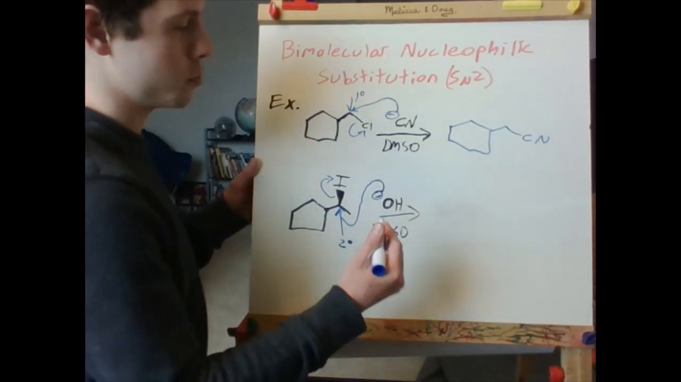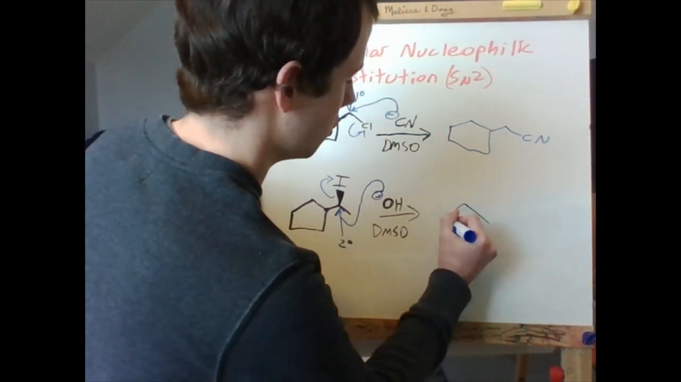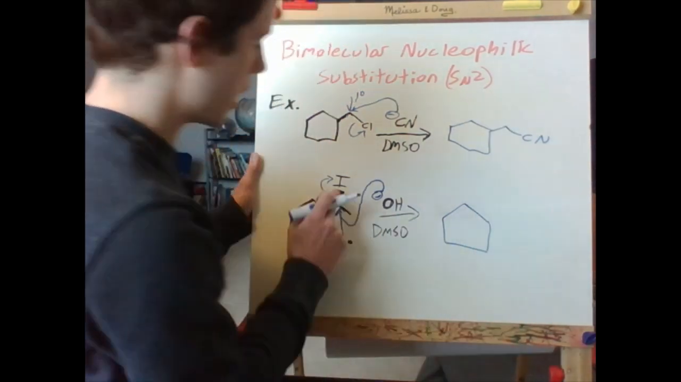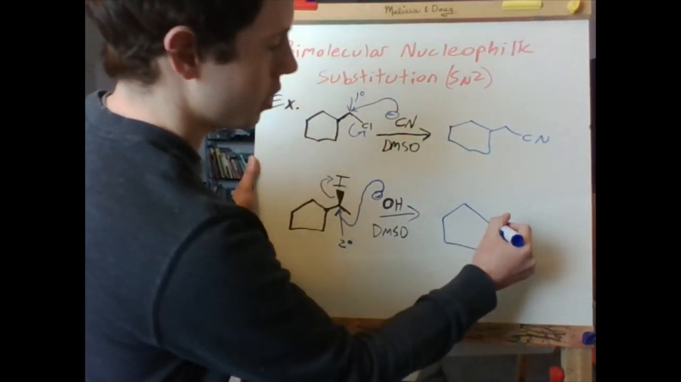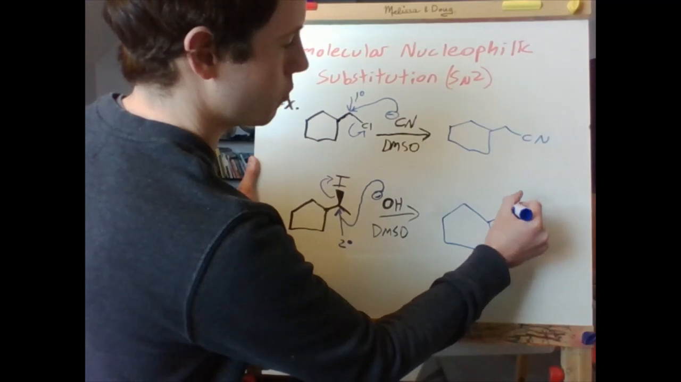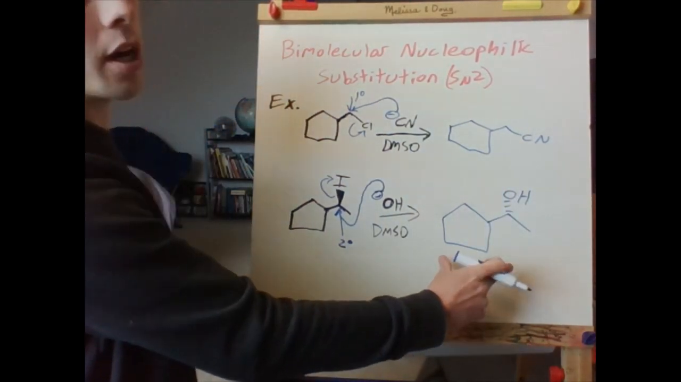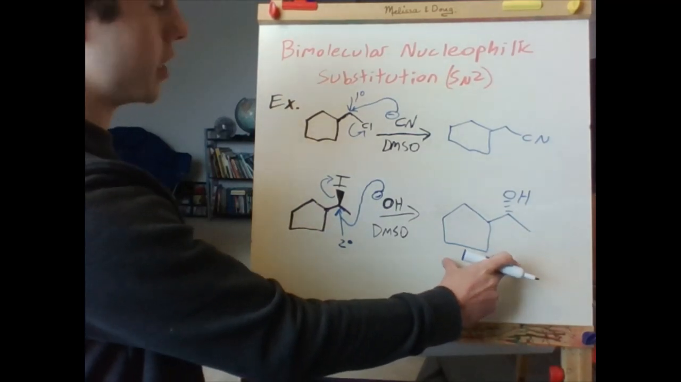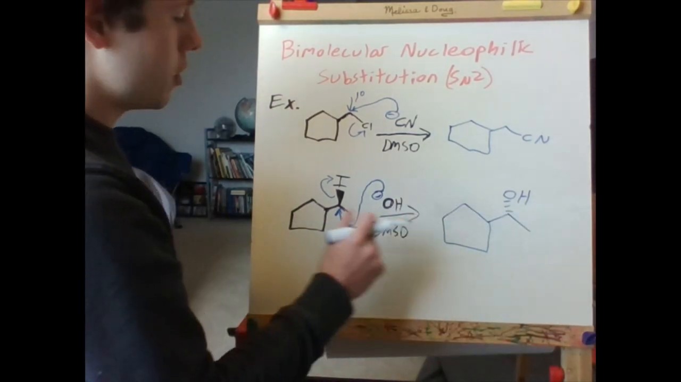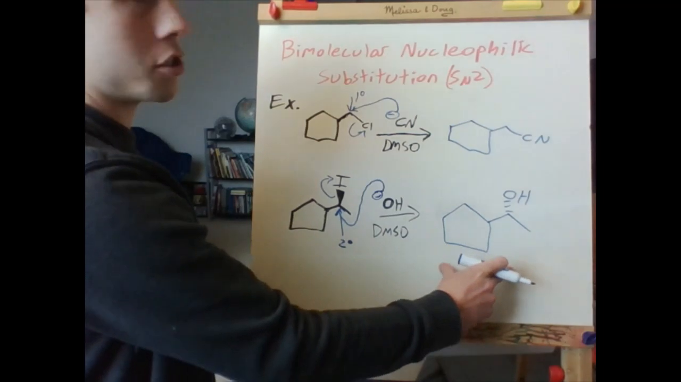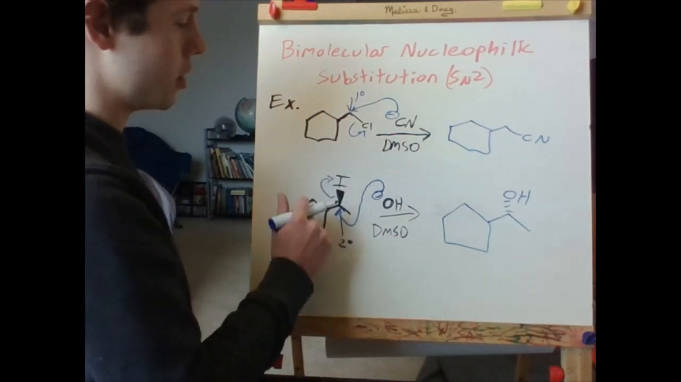Remember that this proceeds via inversion of stereochemistry, and so since the iodide is coming towards you here, the hydroxide nucleophile is now going away from you. And so this would be your final product that you would draw as your answer on an exam. Remember that if this is R, it switches to S, and so if we figure out the stereochemistry here, remember